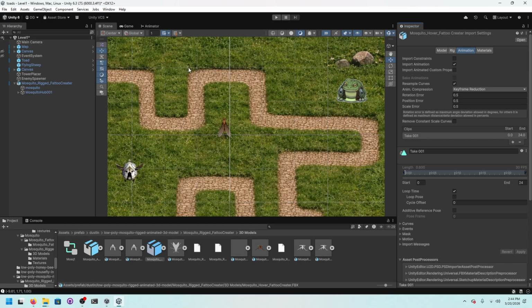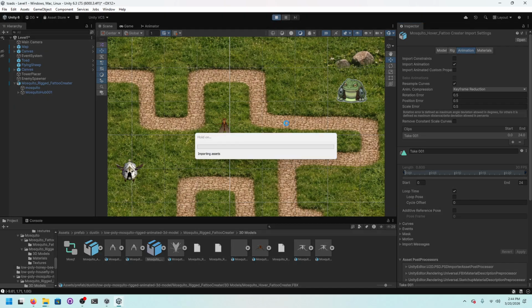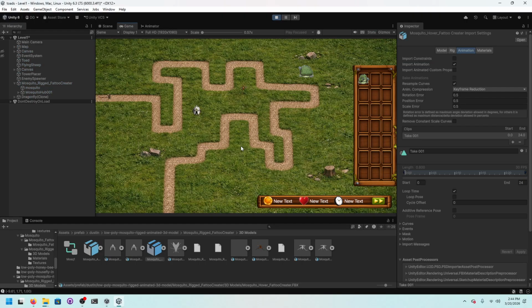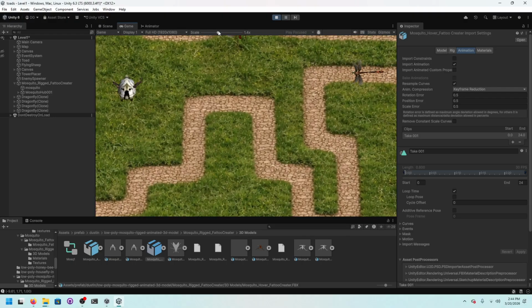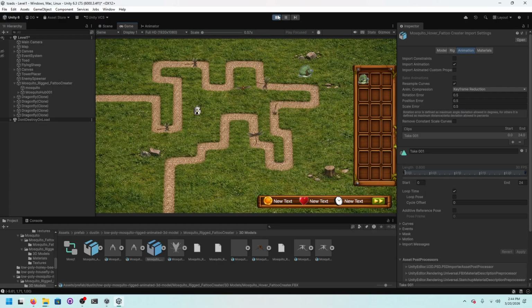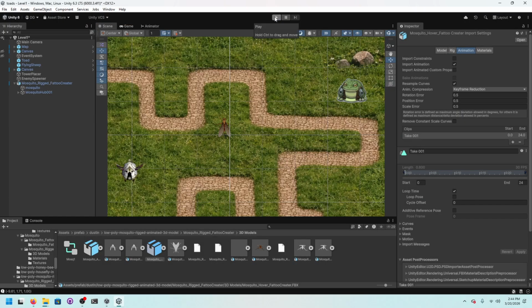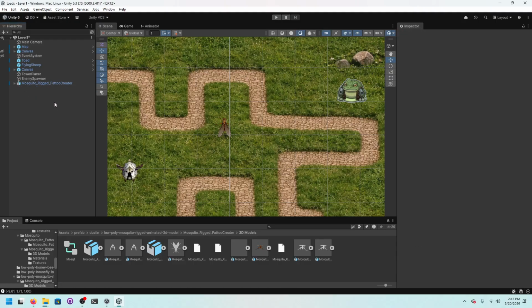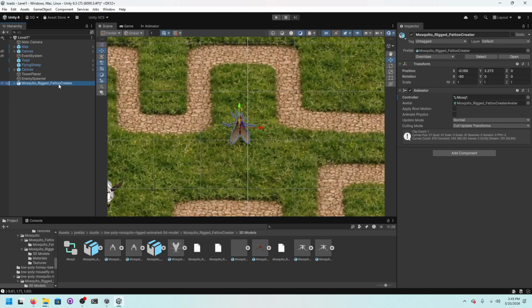Everything's wired up. As far as doing translations, you're doing translation in vector 3 and all those things. But as you can see, this guy is right here and he's flapping his wings. So we did that. We got that all done. As far as getting this guy to follow the path, you need to be able to make him turn correctly. So part of that, if we go here and we want this guy to spin in a circle,